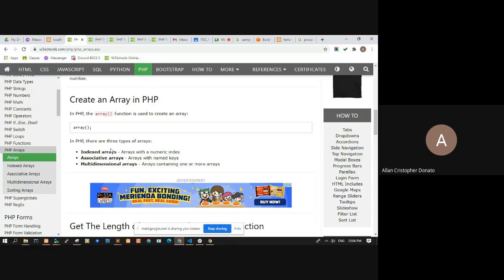We have index arrays, which have numeric indexes or numbers, associative arrays with named keys, and the third one, which can be considered as another type, or as a combination of the other two types: the multidimensional arrays.